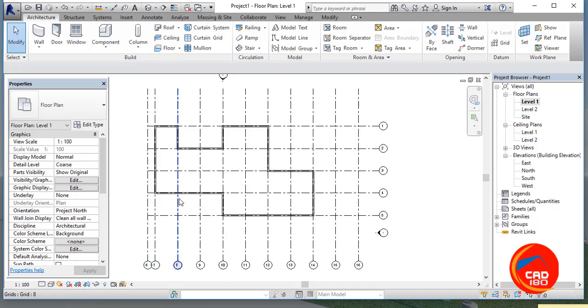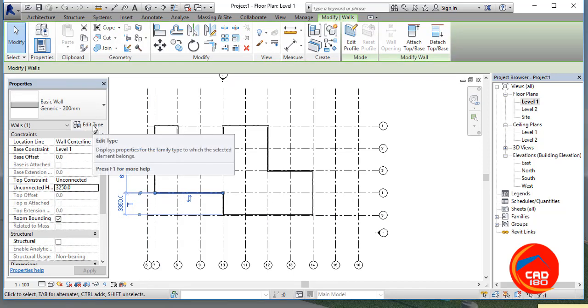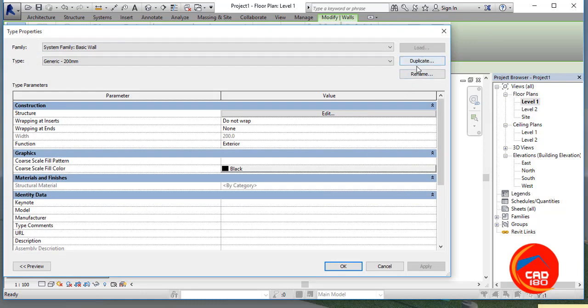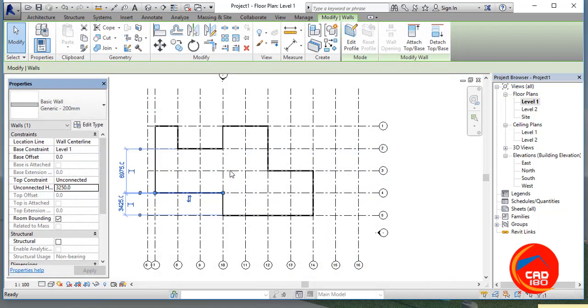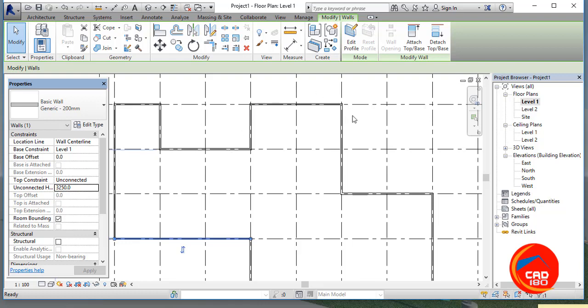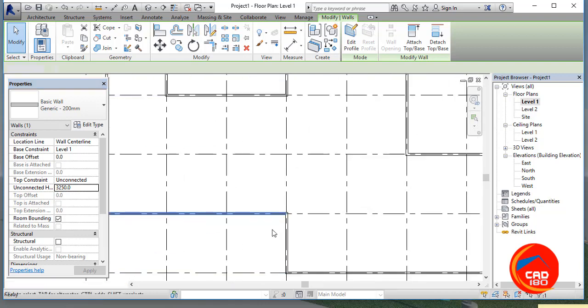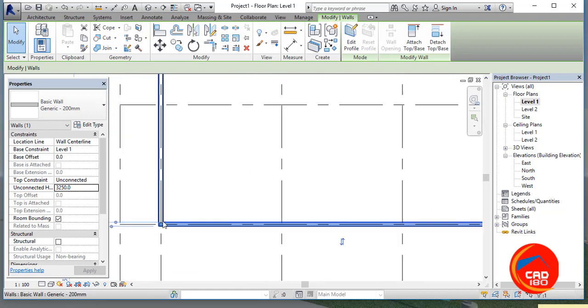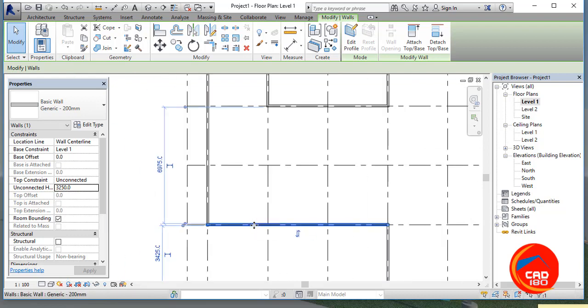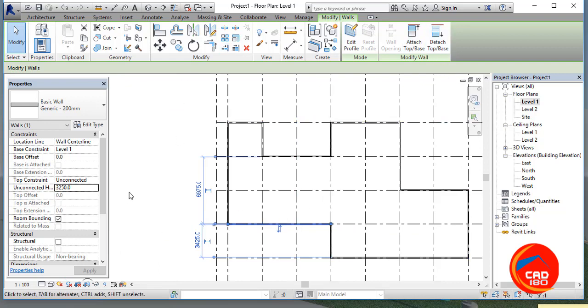Okay, so if you want to change your wall thickness, just go to edit type and edit this. And after editing this, I'll show you, I want to make it 125. Okay, so I will click OK. It will be changed for all those walls also, because we did not choose duplicate, and they are connected with that circle. That's why when we choose this wall for 125 thickness, it will change for all those walls also. So what we will do, just go to edit type,